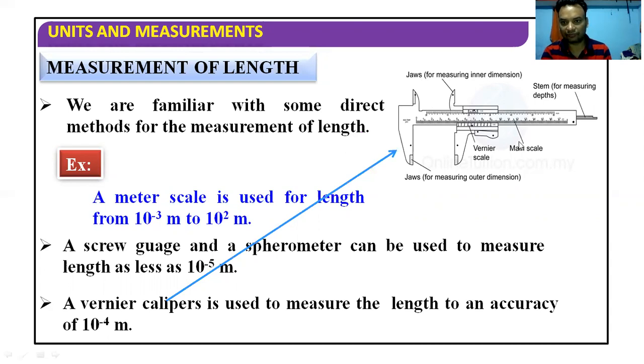inside the glass. And this is my vernier scale, this is my main scale, and the stem is a type of scale which can be extended and it is used to measure the depth of the object. Suppose we want to measure the depth of the glass or depth of any object like a glass. So with the help of this stem that can be measured. We will discuss the screw gauge, spherometer, and vernier caliper in a special lecture. Then we will discuss how to handle all these equipments.